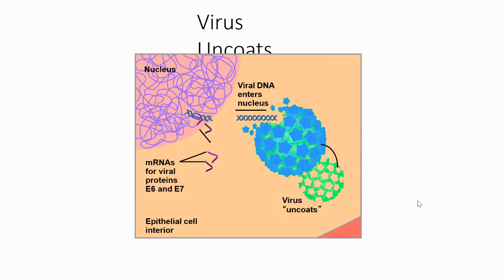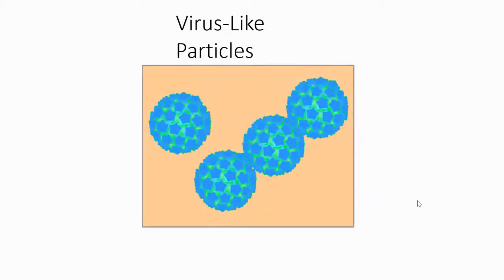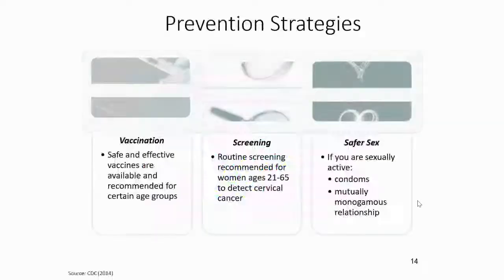The virus then uncoats itself, and it starts to create more viruses using the RNA in your body. The virus also disables suppressors, and if we recall, suppressors are sort of that stoplight that stops cells from reproducing when something is wrong, right? And so when these are suppressed, the cell will continue to divide even when something is wrong. They're virus-like particles,